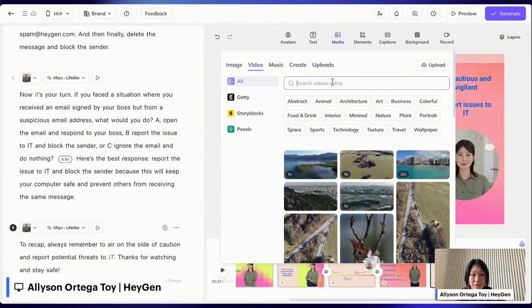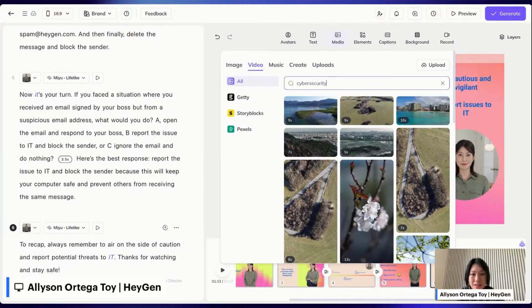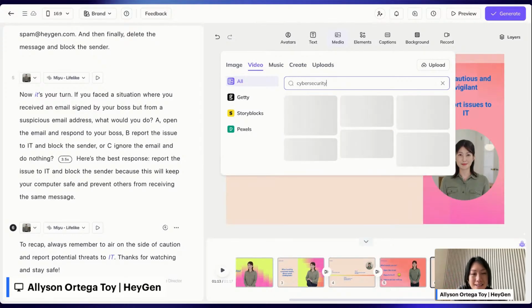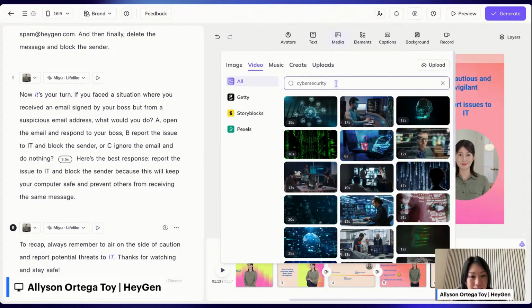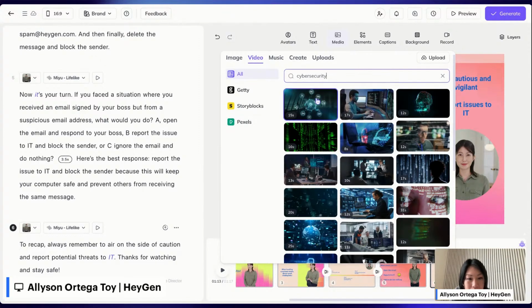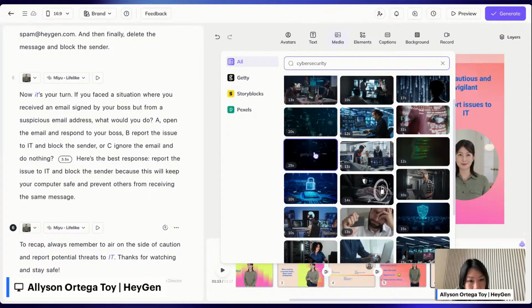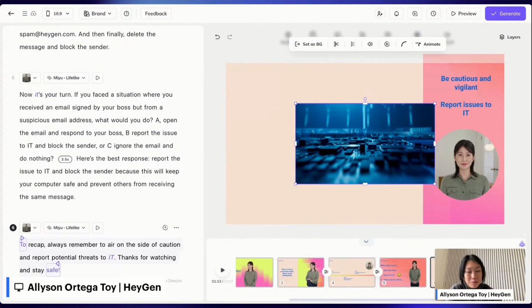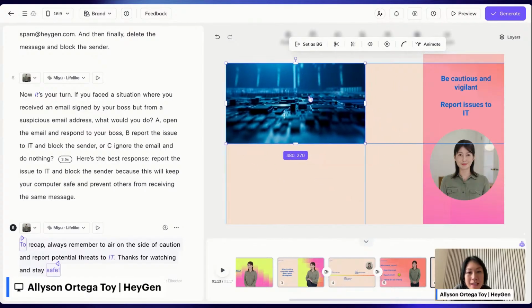So in this case, I'm looking for a video and I want it to evoke cybersecurity. So I'm actually just going to search that and see what I find. And here you can hover to see the video as a preview. Ooh, look at that one. It's got like a lock here that kind of evokes the idea of cybersecurity. So I'll use that. I'll click it, it will load, and then I can move it around the canvas and